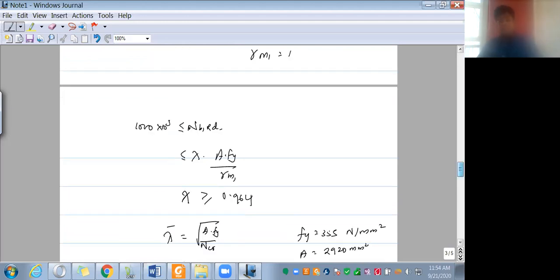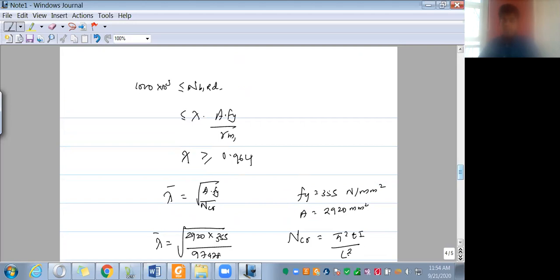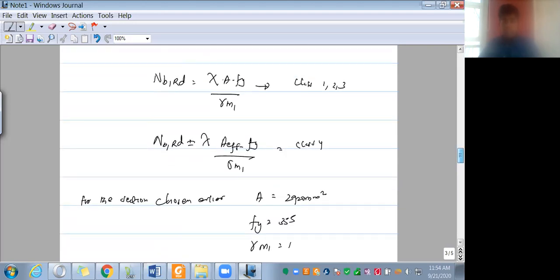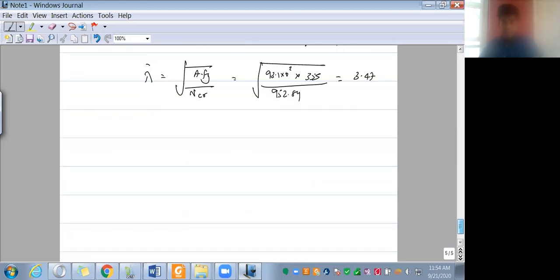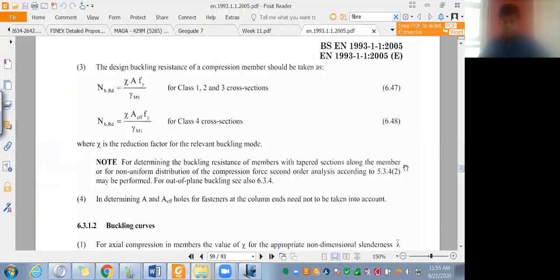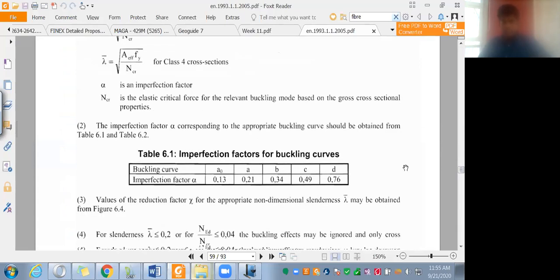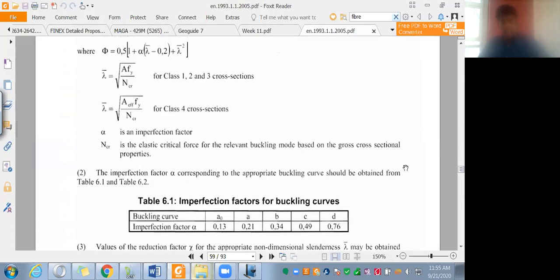0.964 in this case, but now our section ends in NbRd. Okay, so in NbRd, it is going to be chi into A into Fy over gamma M1. So for 3.46, it's going to be roughly 0.1. The curve, say, if you consider this